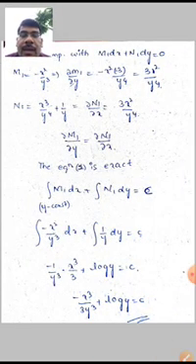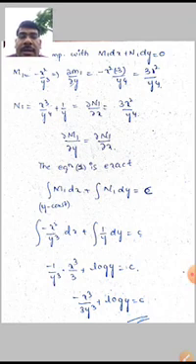Now the given differential equation is in the form M1 dx plus N1 dy equal to 0. Here M1 is equal to minus x square by y cube. The derivative with respect to y of M1 is equal to 3x square by y to the power of 4. Similarly, N1 is equal to x cube by y to the power of 4 plus 1 by y. The derivative with respect to x, dou N1 by dou x, is equal to 3x square by y to the power of 4. Both are equal, dou M1 by dou y is equal to dou N1 by dou x. Therefore the given equation is an exact differential equation.